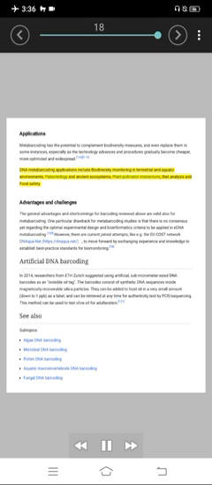Advantages and challenges. The general advantages and shortcomings for barcoding reviewed above are valid also for metabarcoding. One particular drawback for metabarcoding studies is that there is no consensus yet regarding the optimal experimental